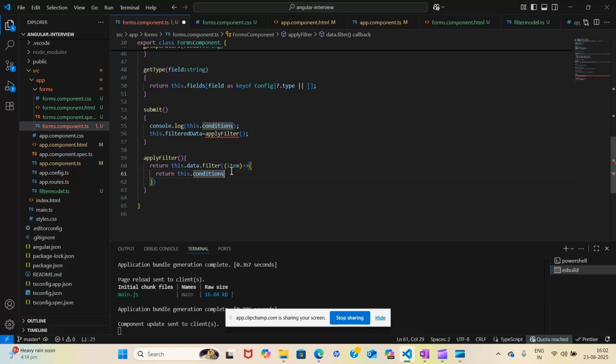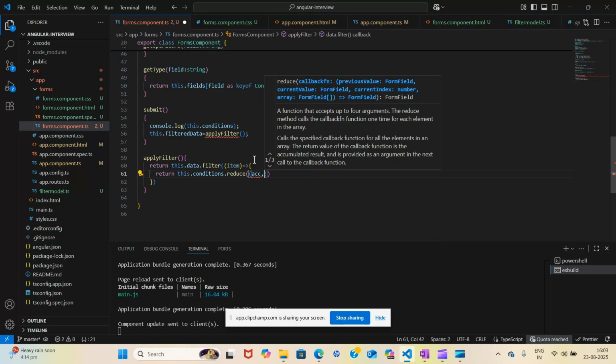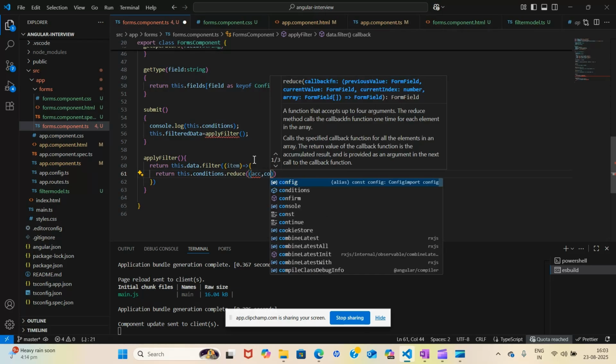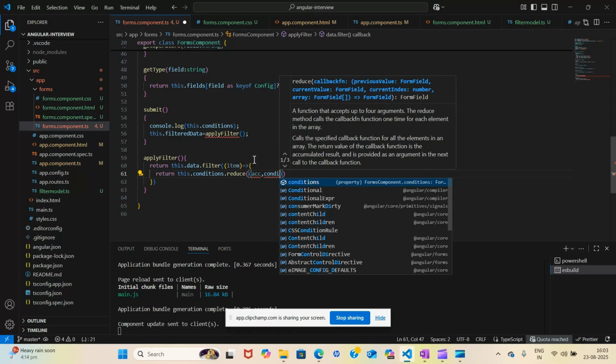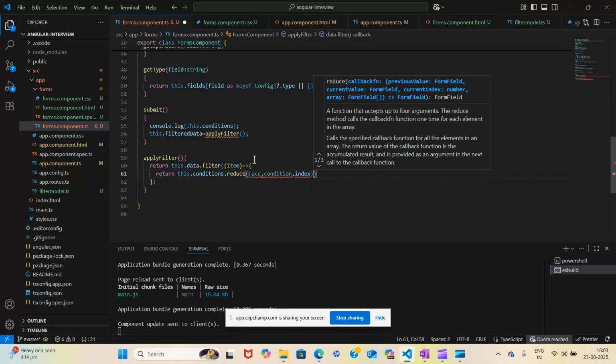So in this dot conditions, I will add the reduce function. Okay, and it will accept three things: accumulator, condition, and our index.